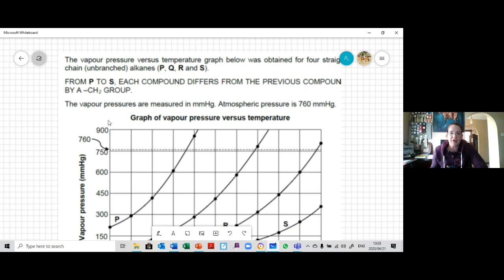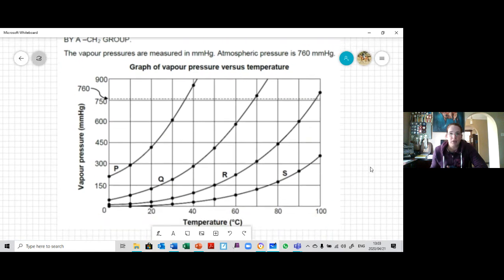Now, they give us vapor pressures in millimeter mercury, okay? And they tell us that atmospheric pressure is 760 millimeters mercury, and here they draw that dotted line. Okay, now that dotted line, guys, is beyond super important because let's go have a look,